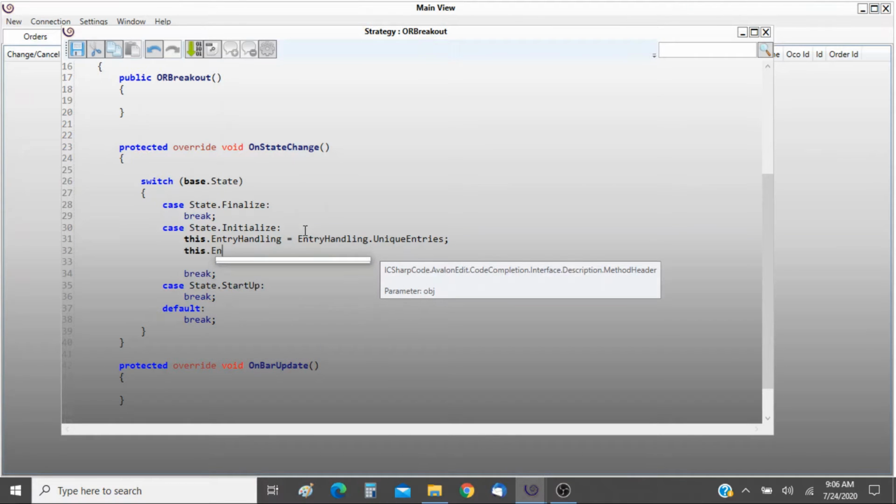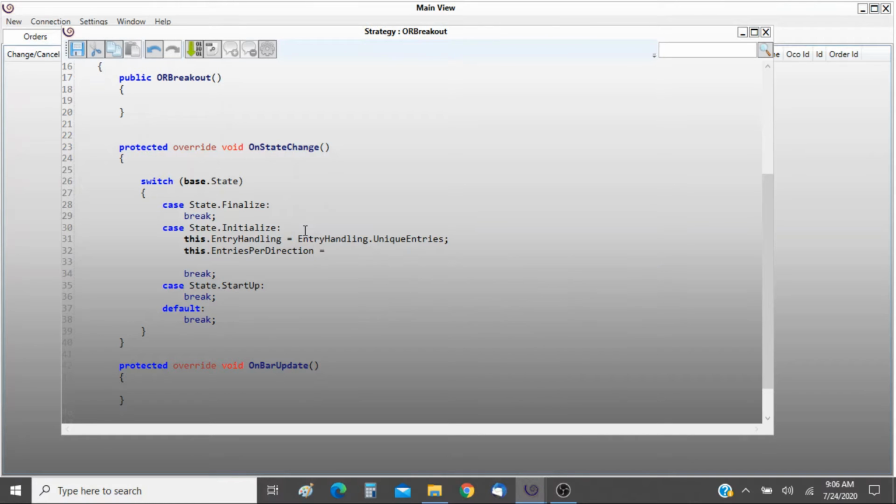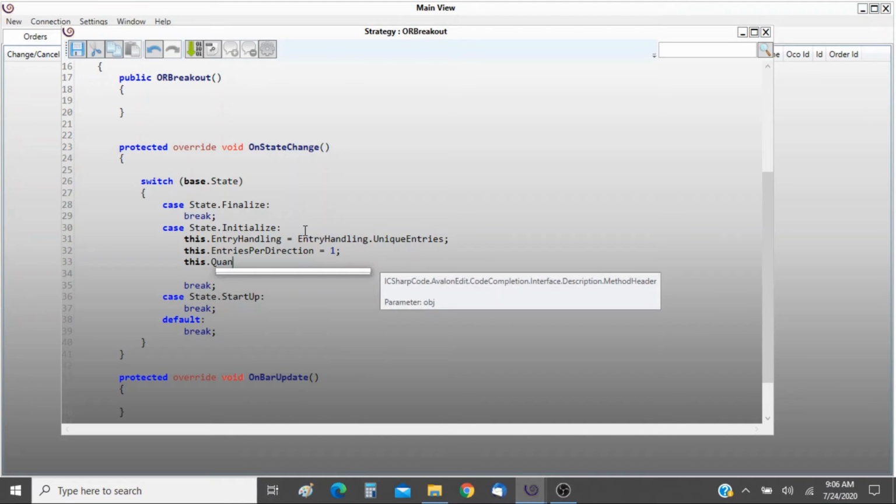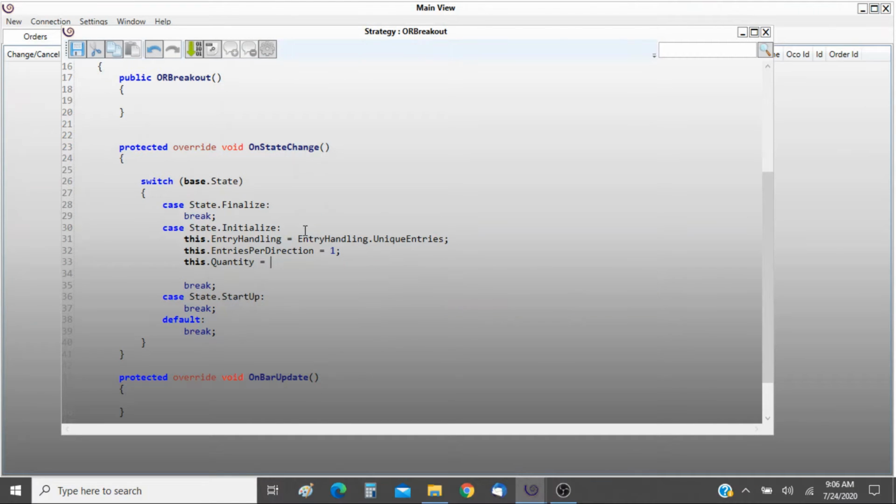This should equal to 1, and I will also define the quantity as 100. Now 100 means, since we are submitting 2 in a pair, so quantity will be 100 into 2 equal to